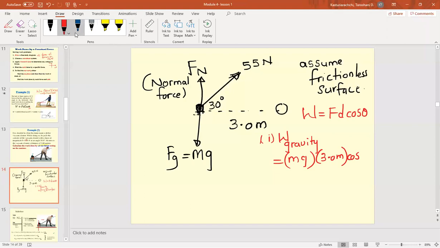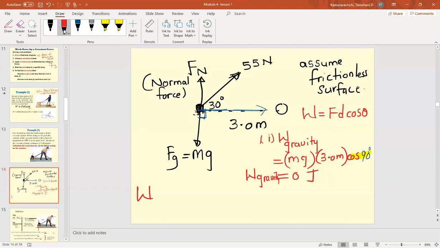What is the angle? How do I take that? This is the gravitational force, this is the displacement. See, it's 90 degrees, right? So that is the most important part, because my displacement is this way and gravitational force is here. So therefore this is cosine 90. Cosine 90 is 0. Therefore in this one, gravitational force is not doing any work, because your force is perpendicular to the direction.